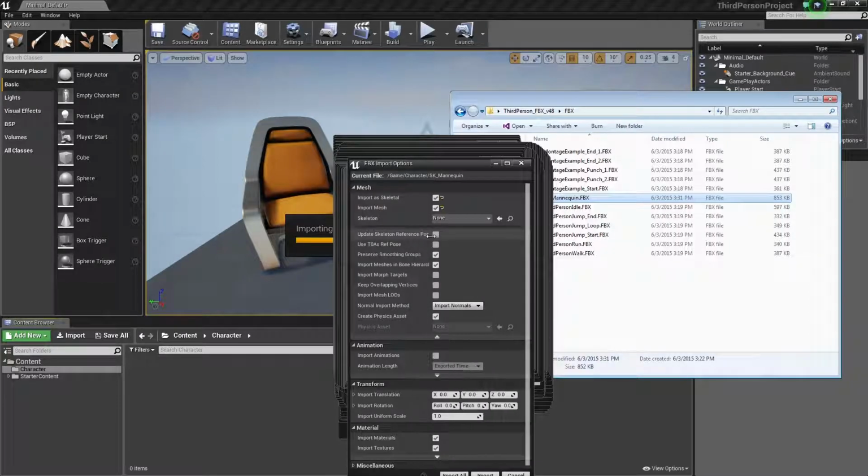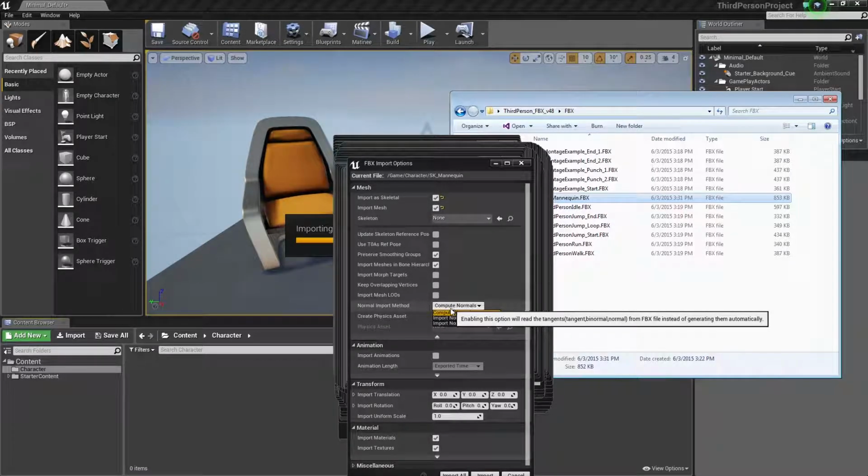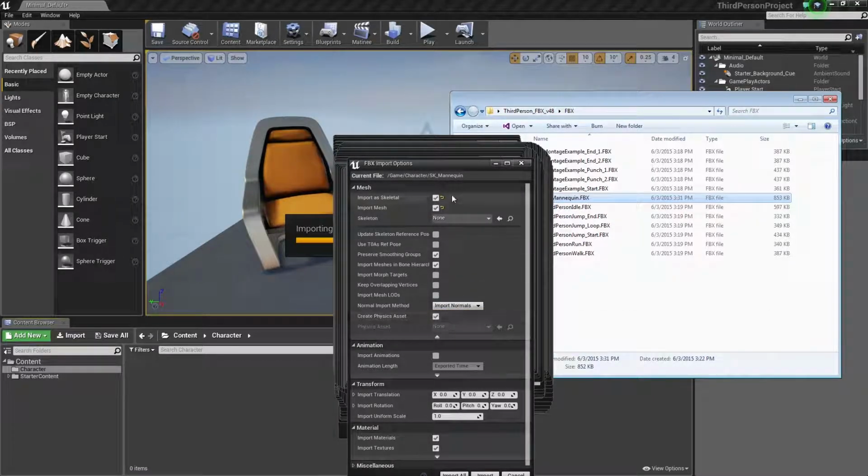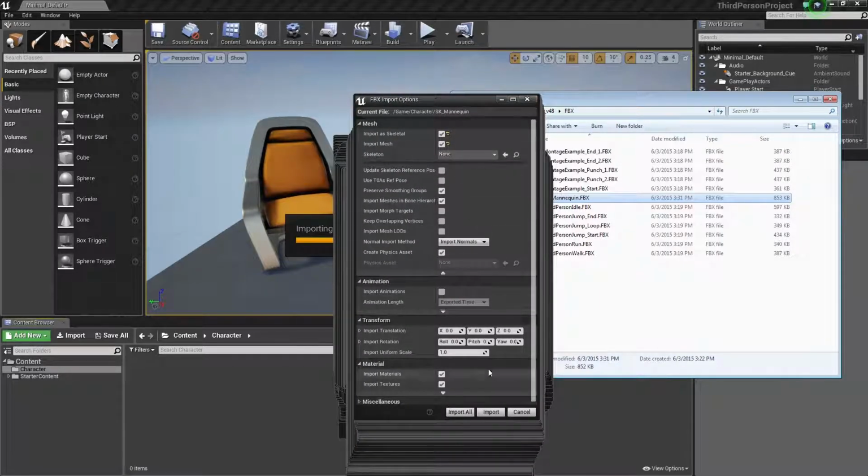There's a bunch of options in here, but there's one I wanted to change. This normal import method. We're going to import normals. Now yours may have been set to compute normals. If Unreal computes normals, it may create some hard edges on our mesh here, which I don't want. I'm just going to import normals and move my window up, and I'm going to hit import to import our